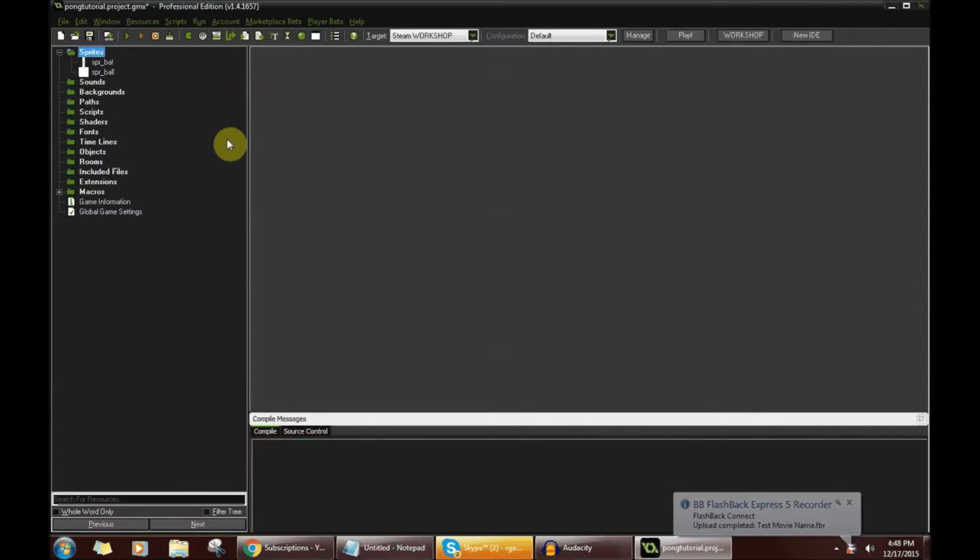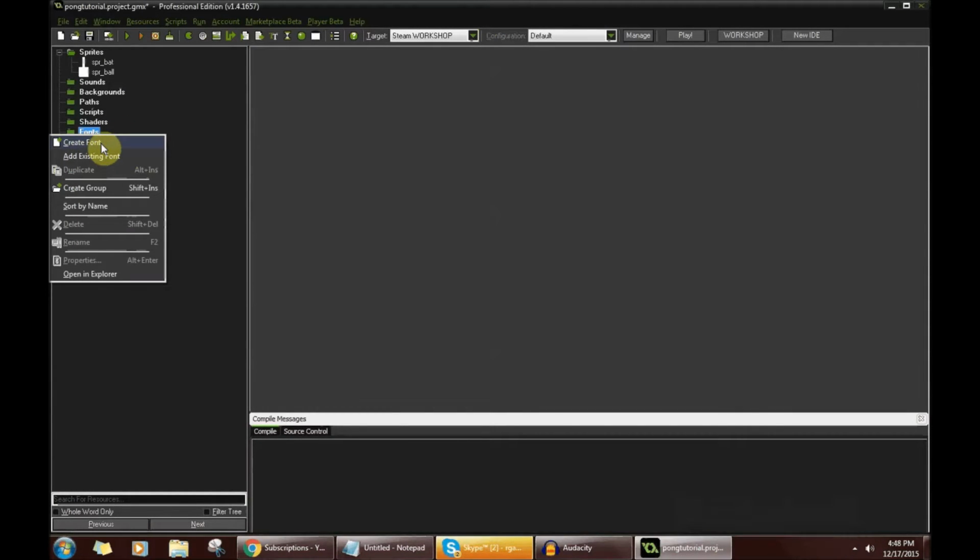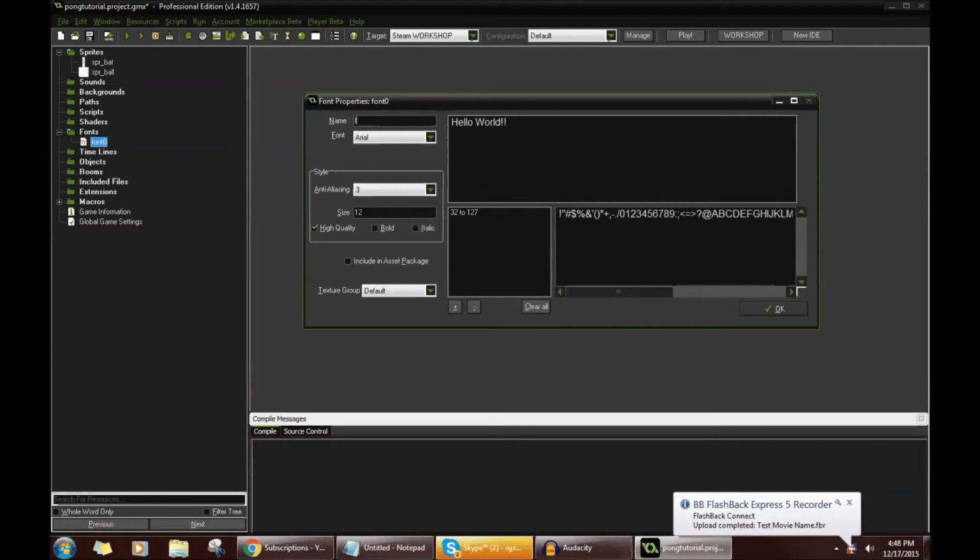Now, the font won't really come into play until later, but let's just go ahead and get it out of the way. Let's right-click on this folder here that says fonts and create a font. And for font, I usually give it a prefix of FNT. Now, the prefixes can be whatever you want, but I always make them 3 characters long, and they're always something that I can remember. So FNT I can always remember as font. SPR I can always remember as sprite. I usually break the rule a little bit. I do BG for backgrounds, so that's not 3 characters, but